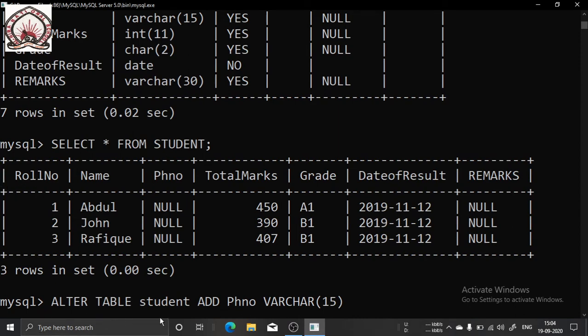With the same command, ALTER TABLE student ADD phone number, data type, size, you write FIRST. Now it will not work here because it is already inserted, but if you give FIRST, it will go to the first position.